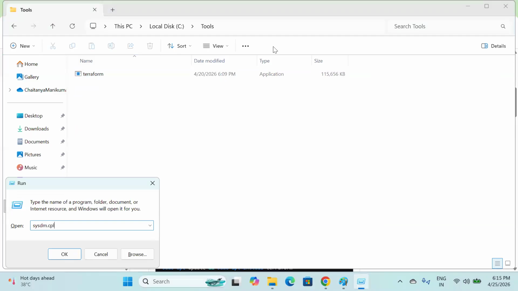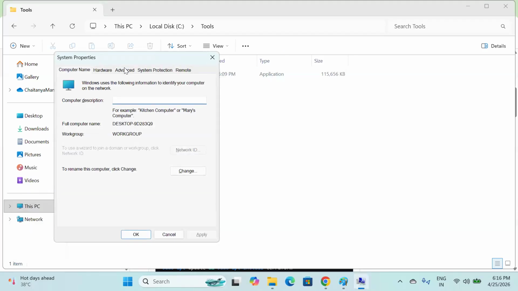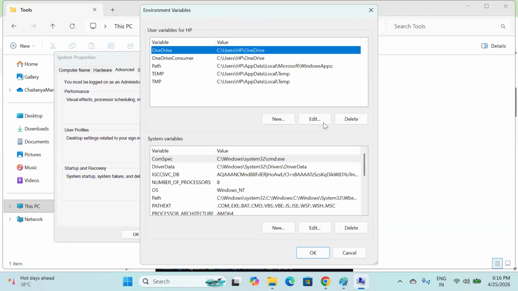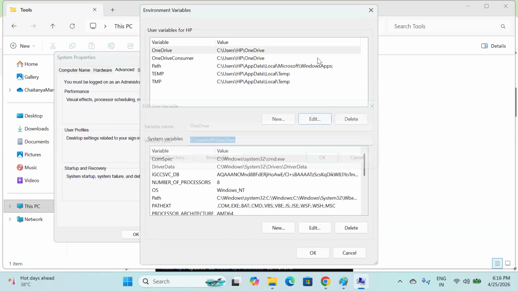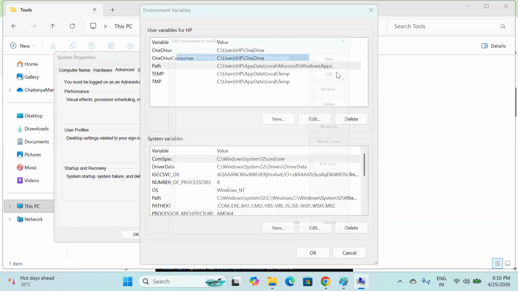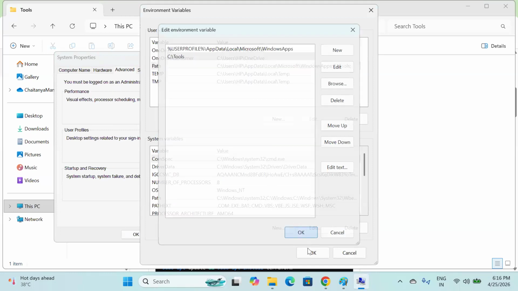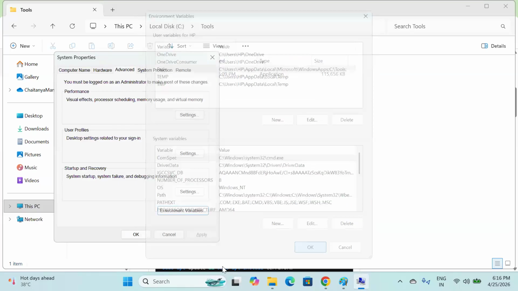So if you go to the system properties, here you can see environmental variables will be there. Select the environmental variables and edit the path. In the path, I will give the path where my Terraform binary is stored. So once I have given that particular path, then what will happen here is,